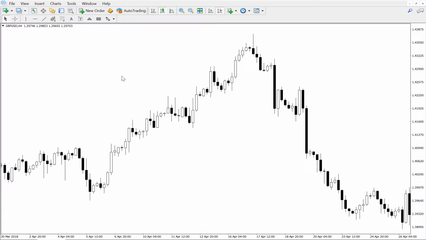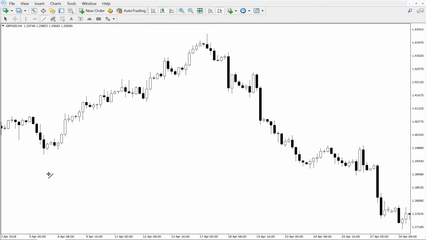Although there are many major pairs, exotic pairs, and minor pairs, in the currency market, if one needs consistent profit and a handsome amount of pips, with good, very sharp movement, then one needs to stick to major pairs. So here we'll analyze GBP USD on the 4-hour chart. The daily chart, 4-hour chart, and 1-hour chart are the best time frames. So if we start from here,